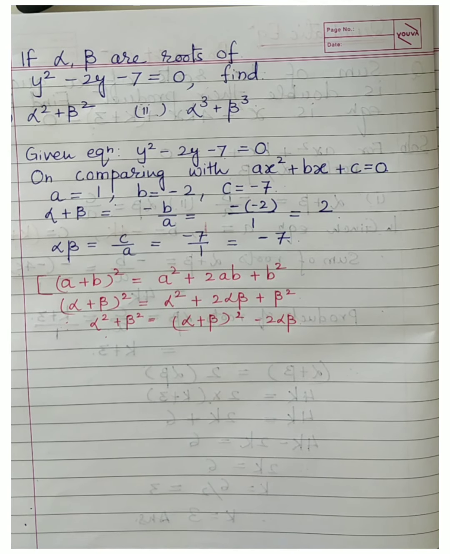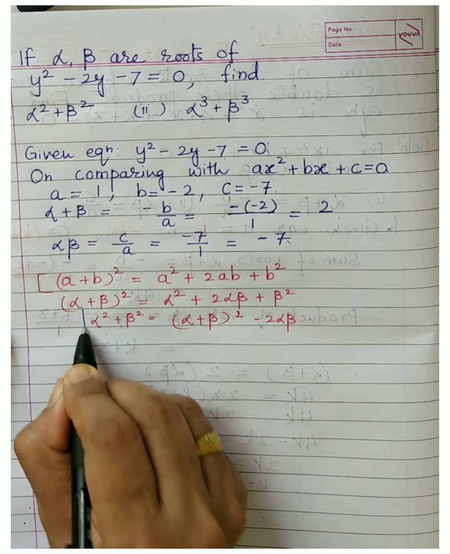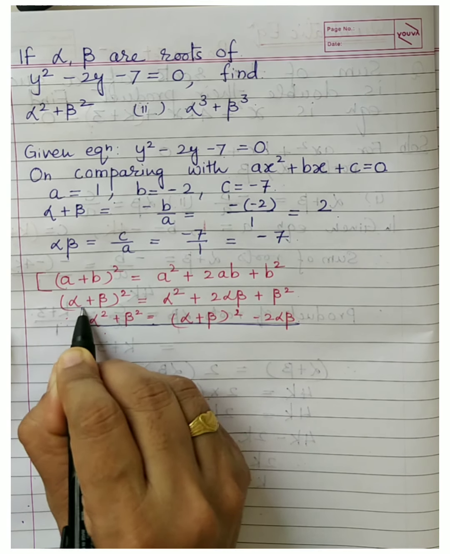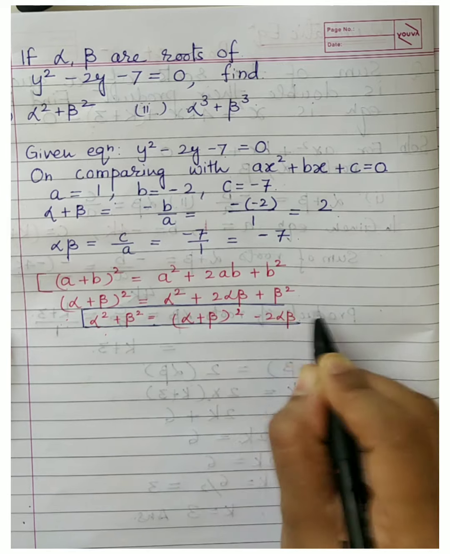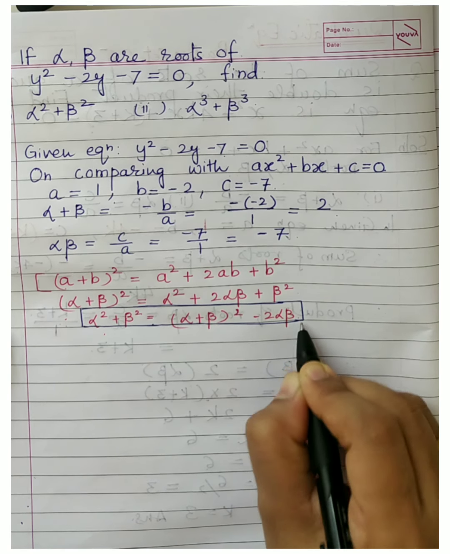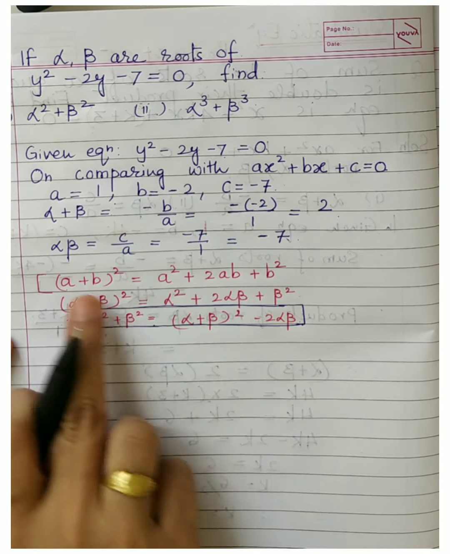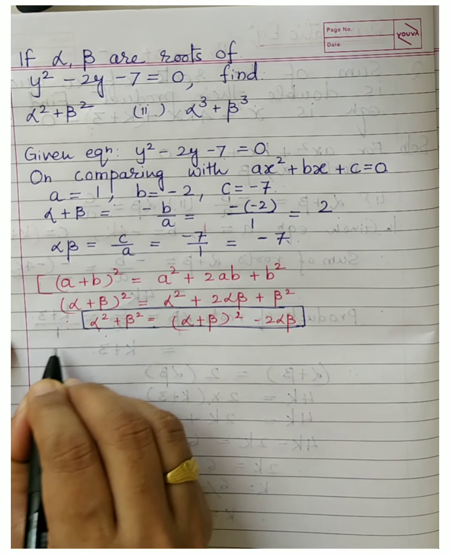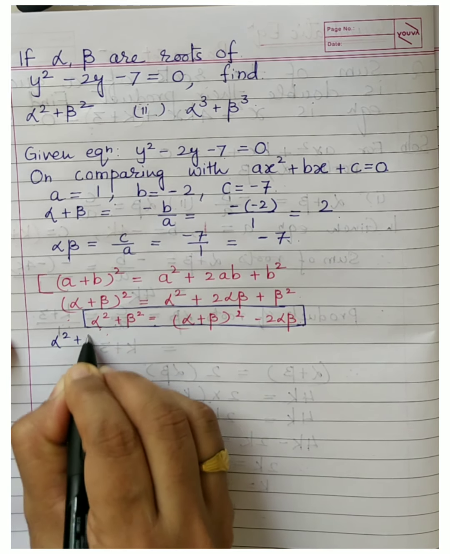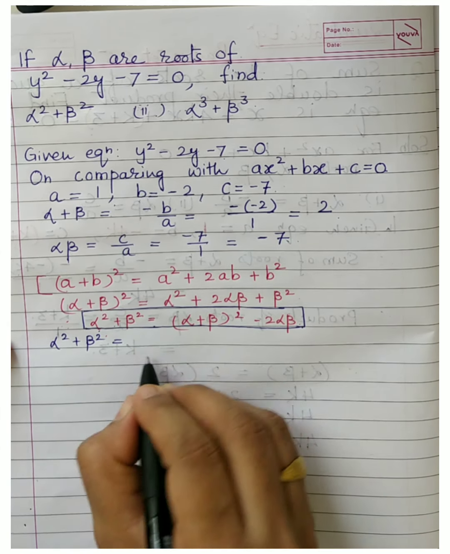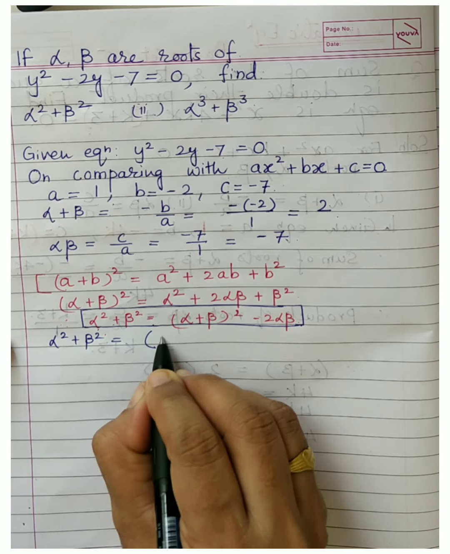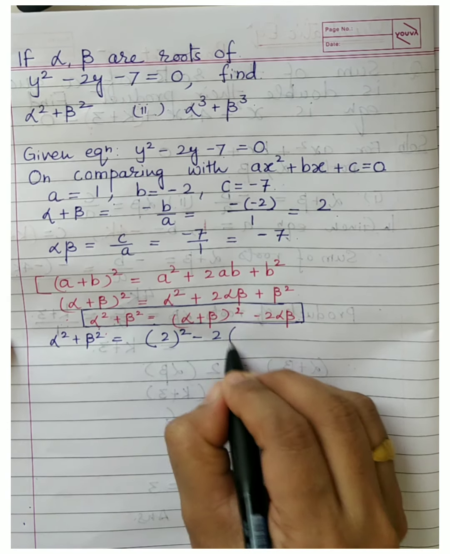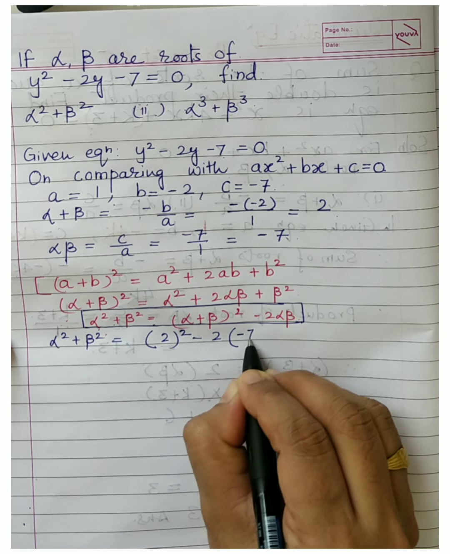So this is the formula we are going to use, and from where this formula has come, that I have shown to you. Sometimes you need to use this. If you learn it by heart, that is good. Suppose in case you have forgotten this formula, you can derive it from the same. So in order to find alpha square plus beta square, I can proceed now. Alpha plus beta the whole square, I know the value of alpha plus beta the whole square is 2, minus 2 into alpha beta. Alpha beta is what? Minus 7.